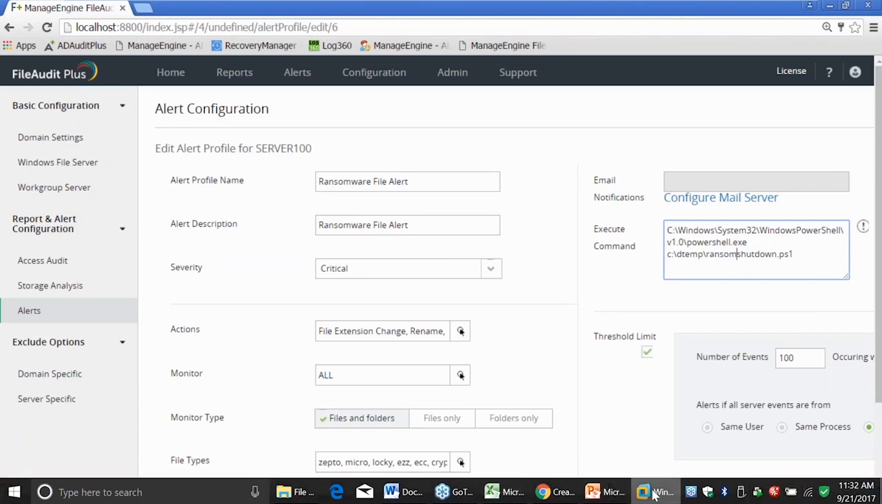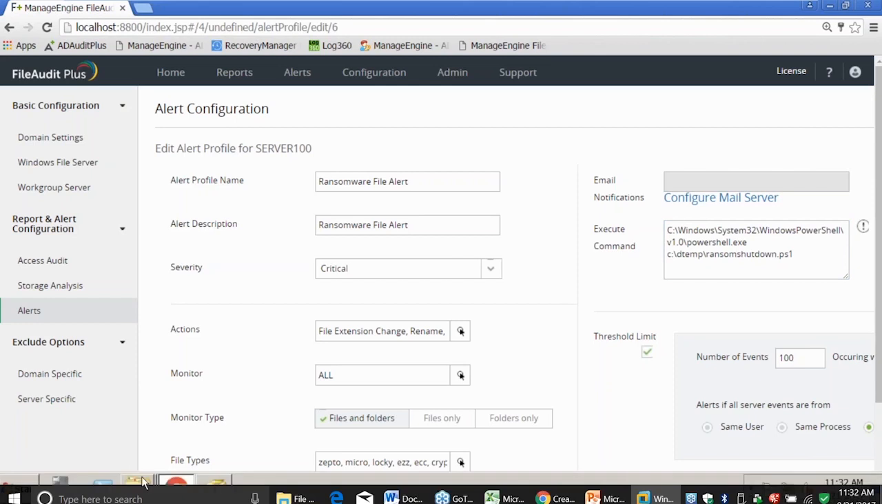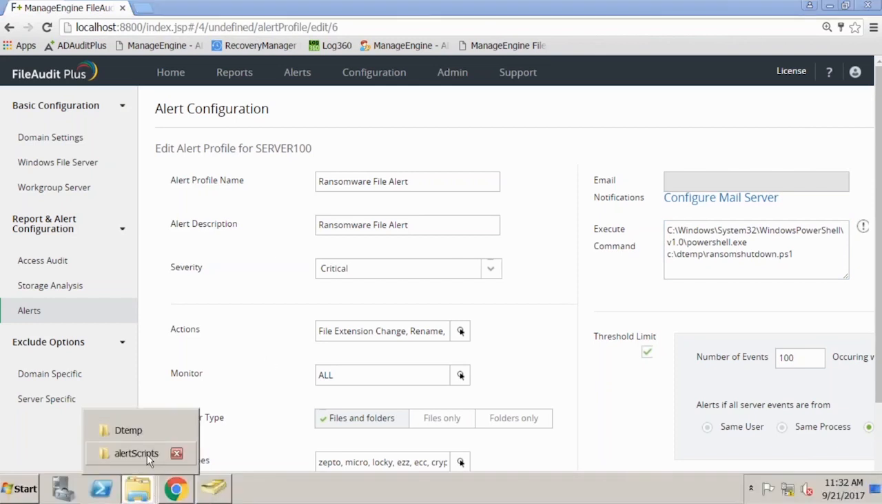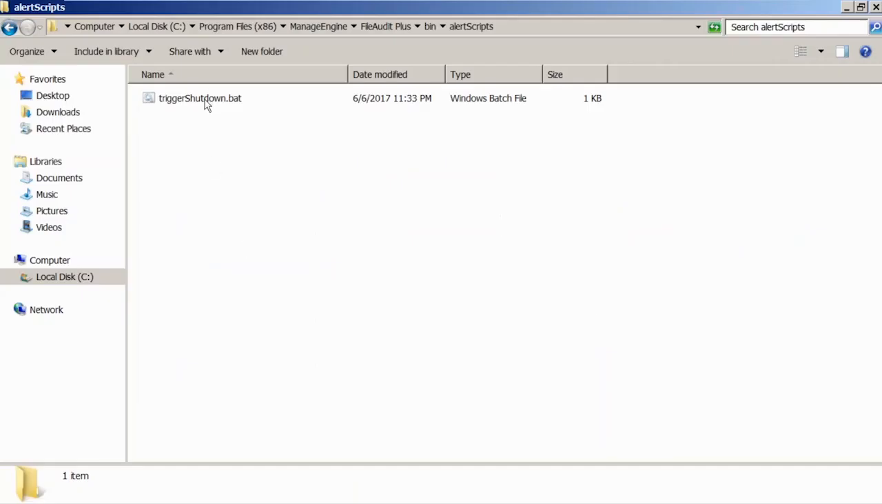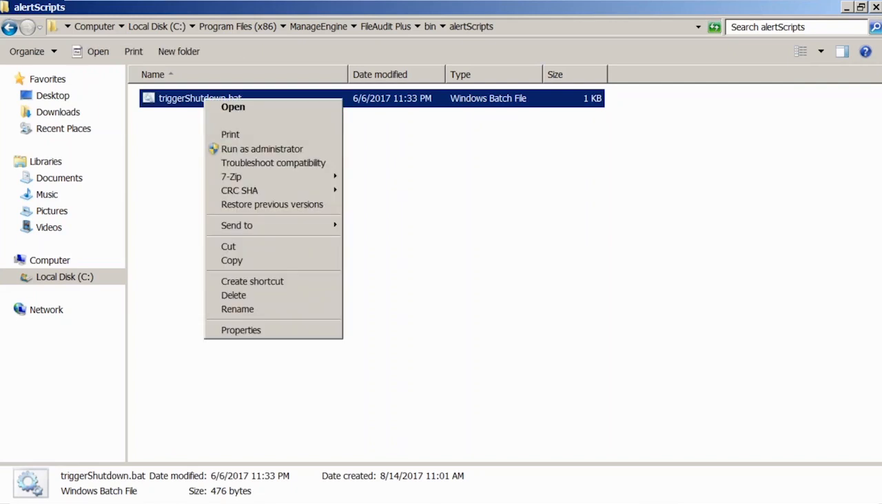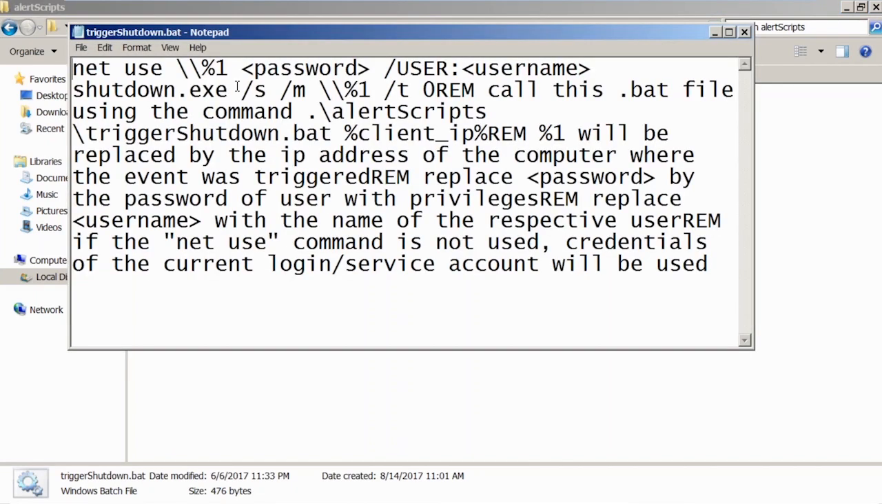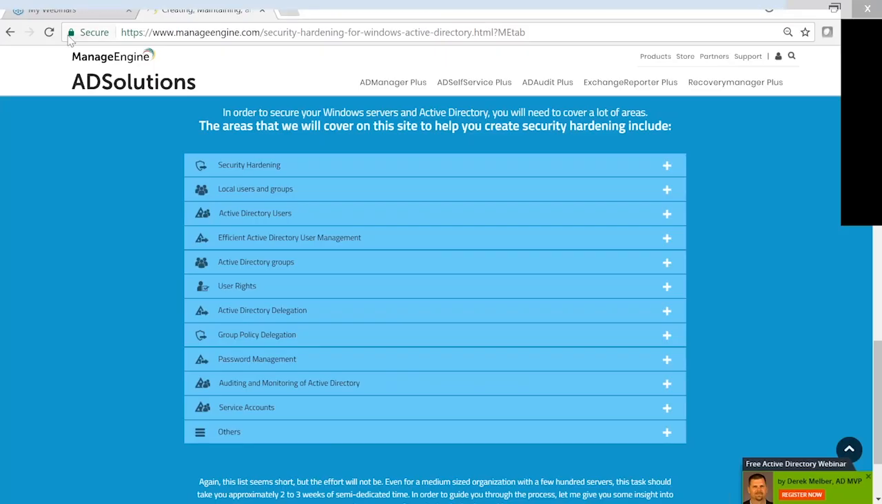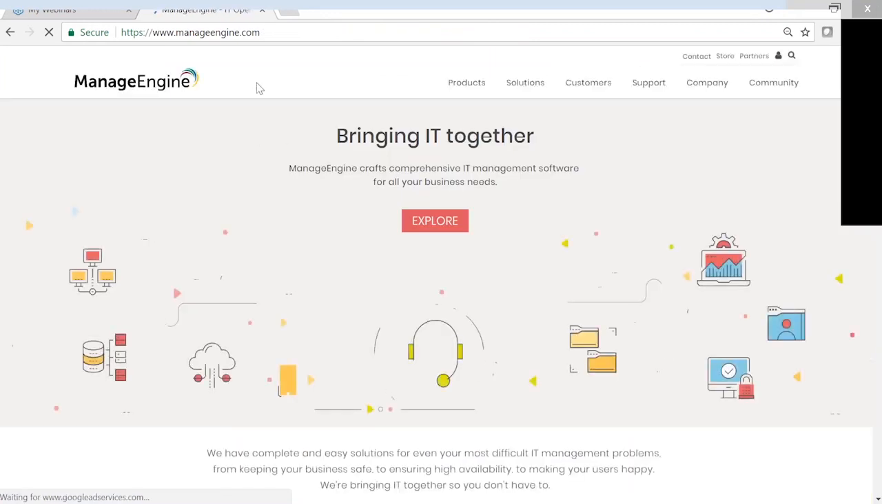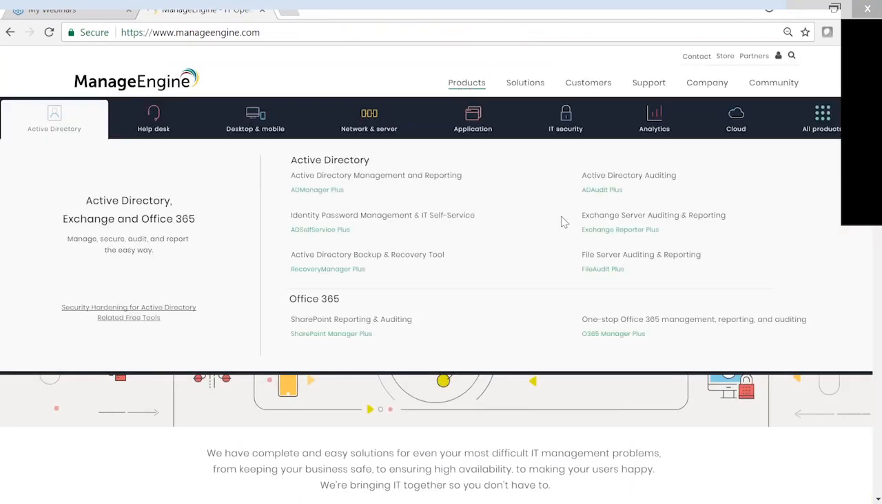Now, what we do is we provide ManageEngine and FileAudit Plus. We also provide you with a shutdown batch file. Now, let me show you what this looks like. So this is actually taking information from the log and passing it into the shutdown. Now, if you want to see this in real time, this particular batch, what you can do is you can come out here to, again, ManageEngine, go to the products, go to FileAudit Plus,